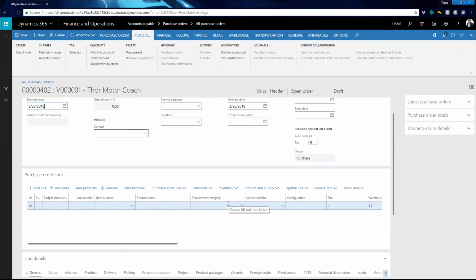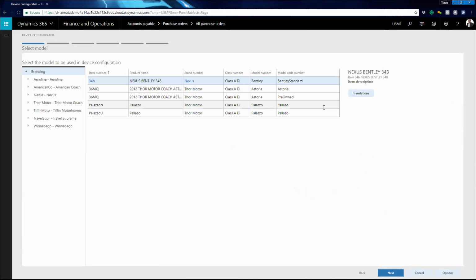So if we're buying new units, we have basically two major ways to create the order. So the first form is using the configurator. The unit configurator, basically, it's a pretty nice tool, really detailed tool that simulates the customization that you have in the manufacturing website. I know that's a complex scenario for you guys, and it's probably not a desirable scenario, but